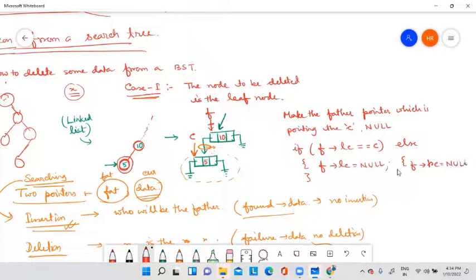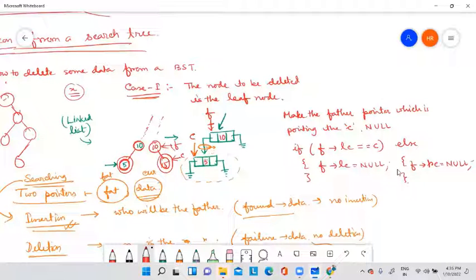We have no idea in which side the picture, one picture can be like this or another picture also. This is also valid. Suppose not 5, suppose there is 15. This is also valid. So here this is the node to be deleted. This is the father node and this is the current position, the node to be deleted.